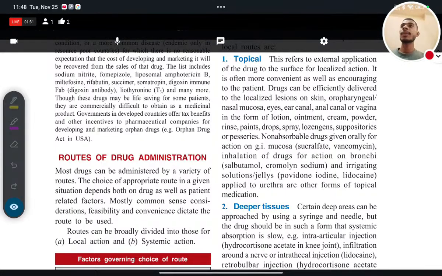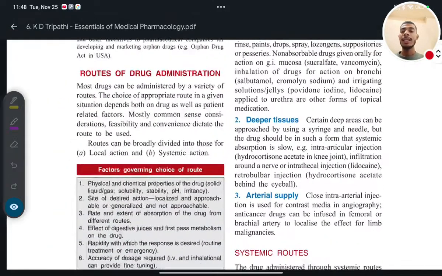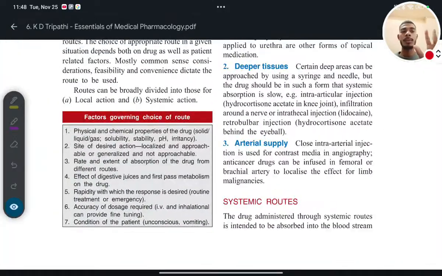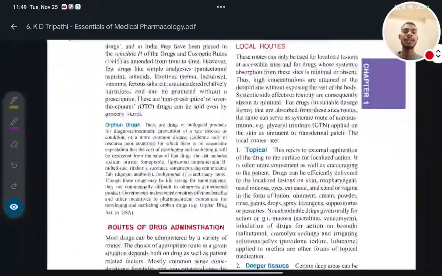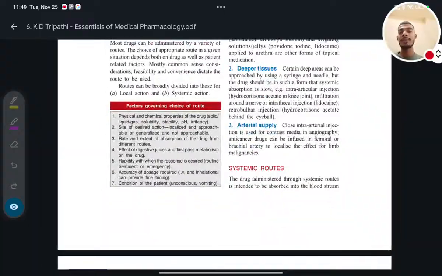So let's start from the very basic. The different routes of administration are mainly of two types. One is topical and another one is systemic. Topical means simply, you remember, local. So one is local, another one is systemic. In the local, you will mainly see